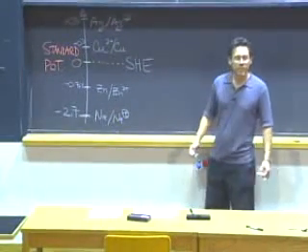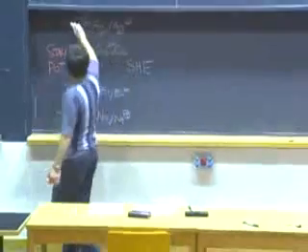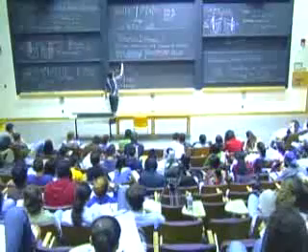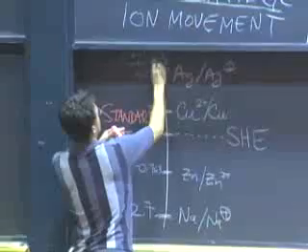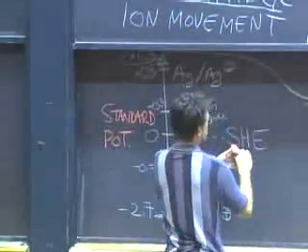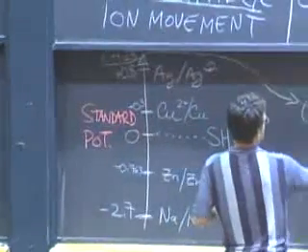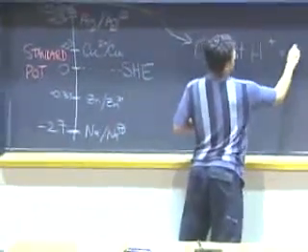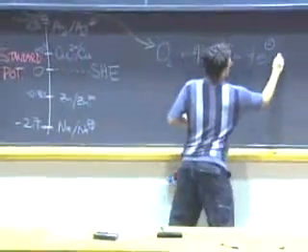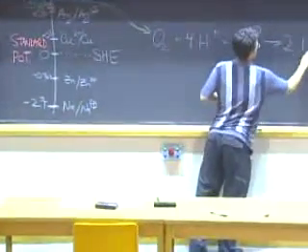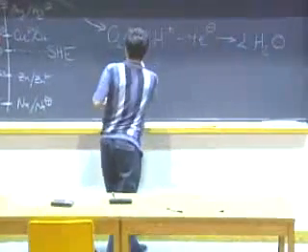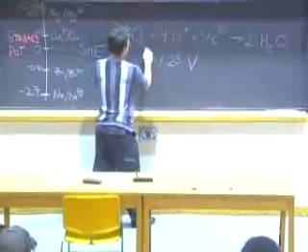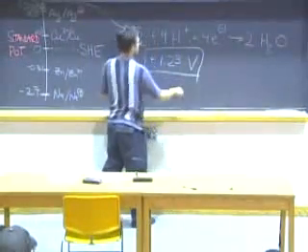A very important reaction is up here at about plus 1.23 volts relative to the standard hydrogen electrode. And this important reaction is oxygen plus 4H plus 4 electrons going to 2H2O. Okay. So this plus 1.23 volts is very important because